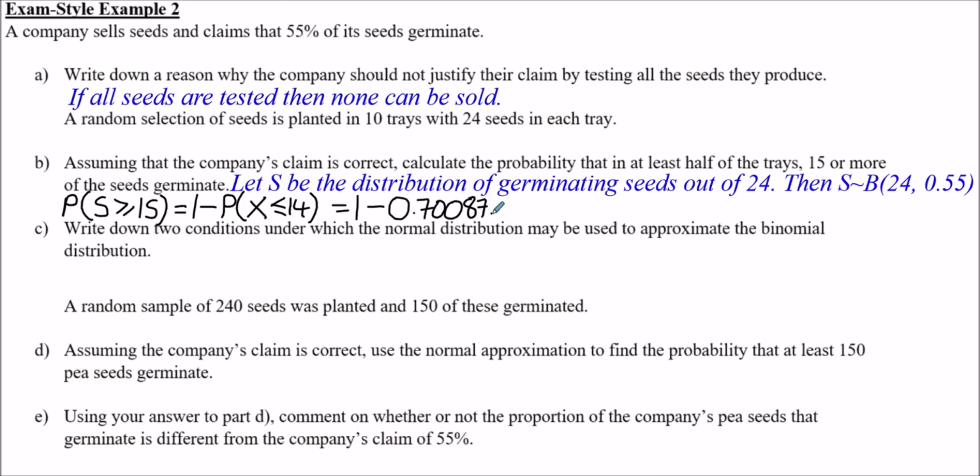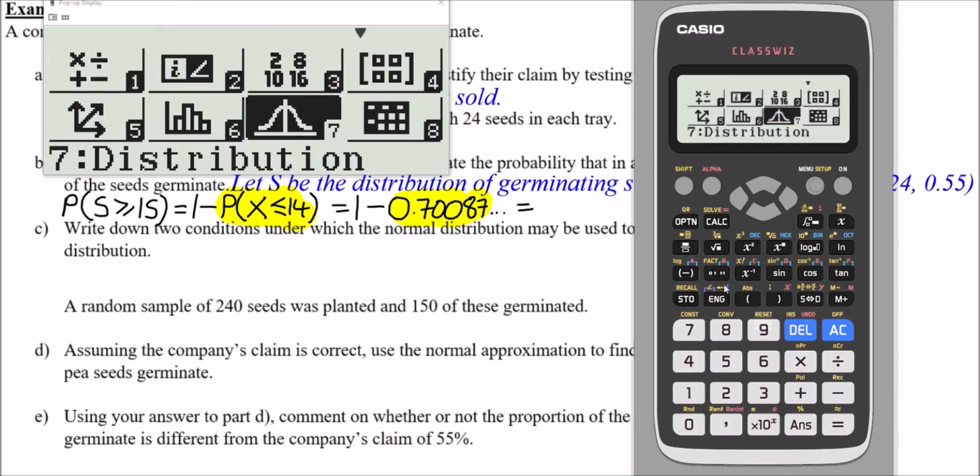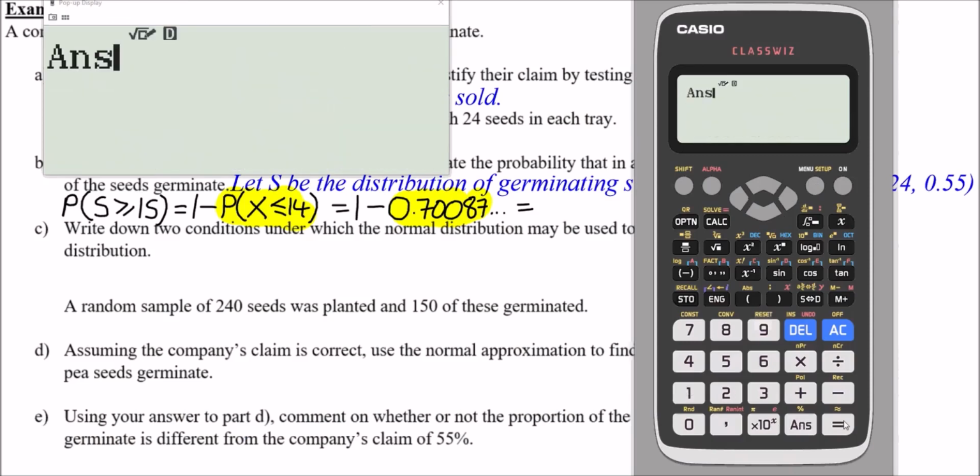This isn't our final answer, so that's why I'm just doing a mark over here, to denote that this isn't something I'm going to round yet. Now what we can do is 1 minus that, because here I've just worked out the probability of having 14 or fewer which are germinating. We want obviously 15 or greater, which is why we're doing 1 minus that. So now we can go to the calculator, press menu 1, that previous answer will be stored, so 1 minus our previous answer will give us